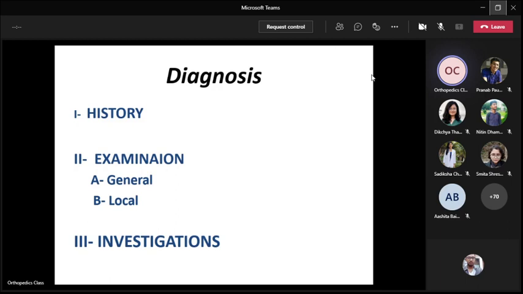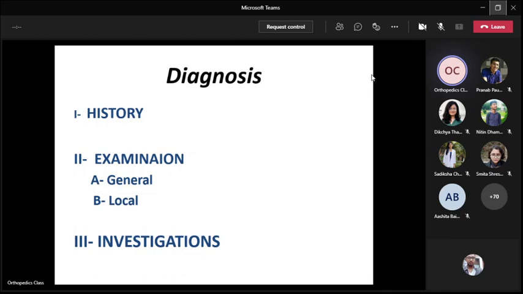Normally the patient comes with pain. When there is an injury, there is pain, and there is swelling because of the internal bleed. There is a deformity depending upon the force or the landing on the ground. Whatever displacement occurs depends on the force and the position of the limb at the time of injury. So pain, swelling, deformity, loss of function. And lastly, you always look for neurovascular symptoms, like whether you are having any tingling or numbness, that will guide you whether there is a neurovascular injury or not.